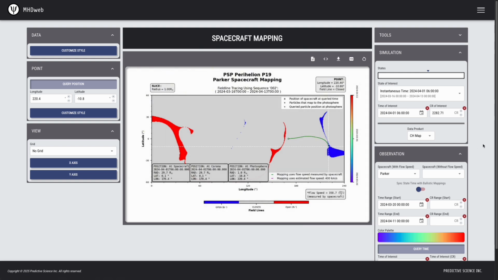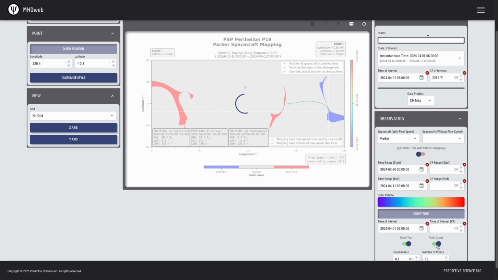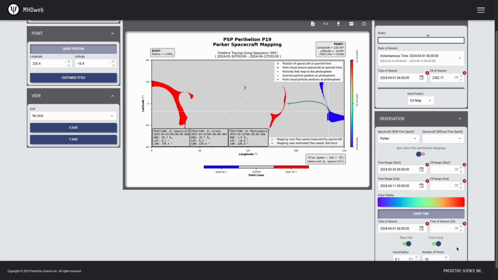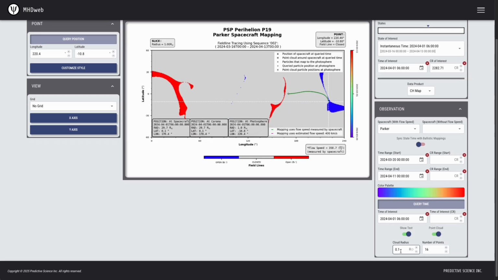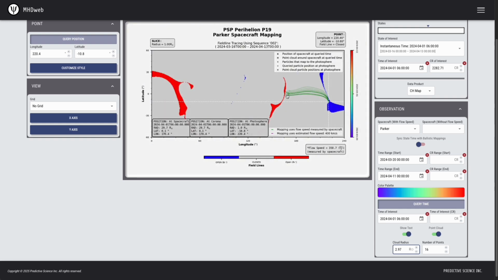But I could provide a sort of cloud of points around that position to see if any of those map back to this other coronal hole here. So down here, I'm going to toggle on the point cloud option. And since we're at 29.7, I'm going to take a tenth of that. So let's do 2.97 solar radii is going to be the cloud sphere. So even within that cloud of points,